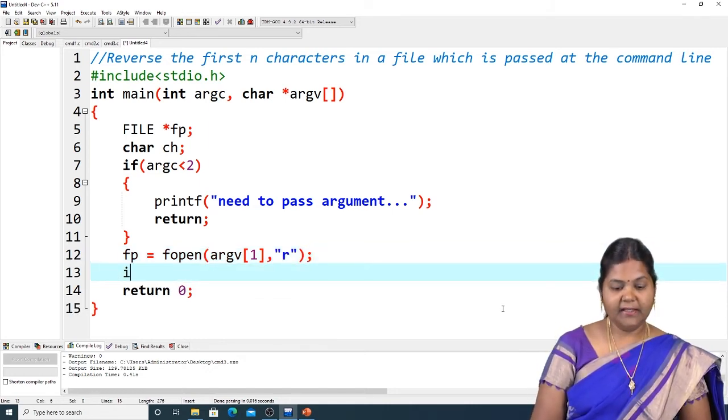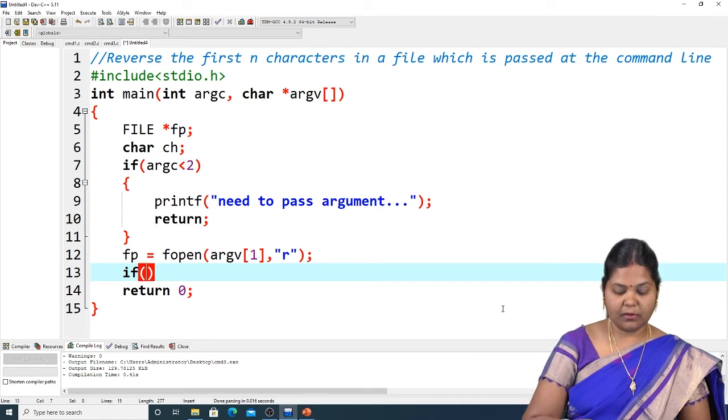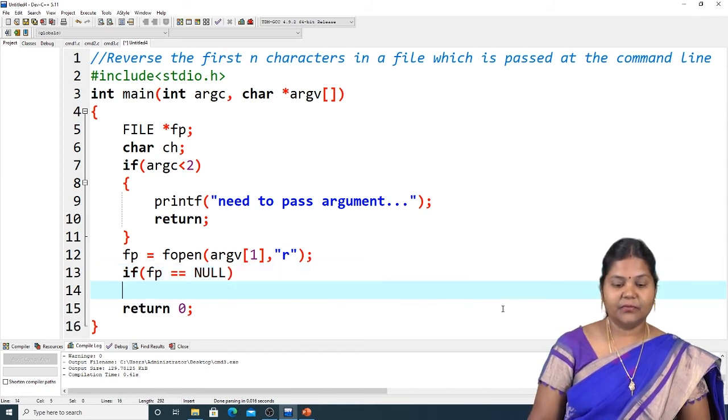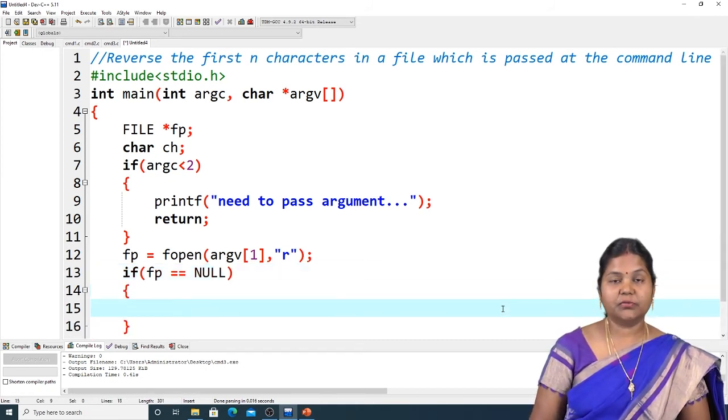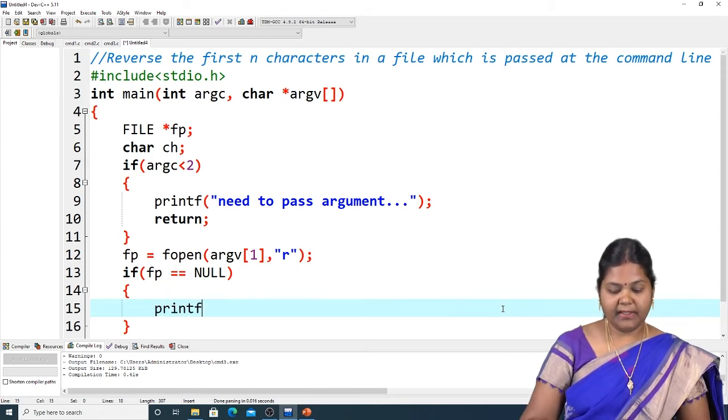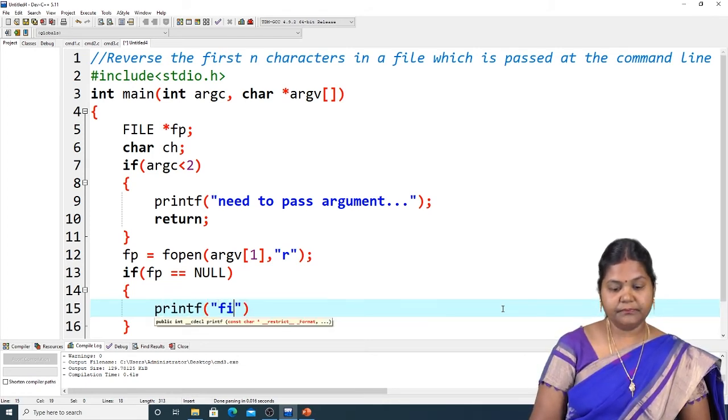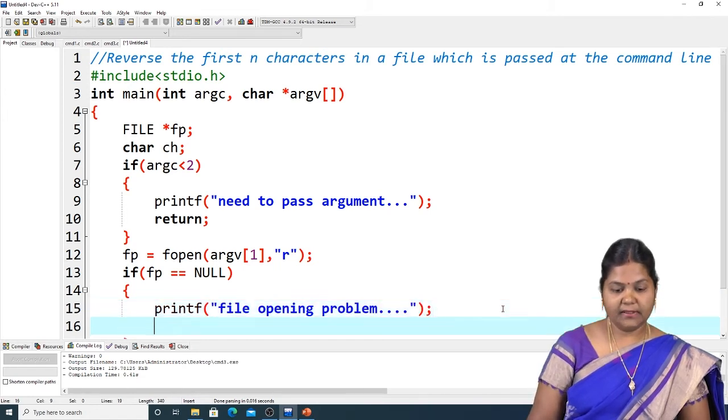Now, whether the file is opened successfully or not, I can check through its address. If fp contains a null address, that means the file didn't open properly. Due to some reason, the file could not be opened in memory. So I'll write printf, file opening problem. If the file is opened successfully,